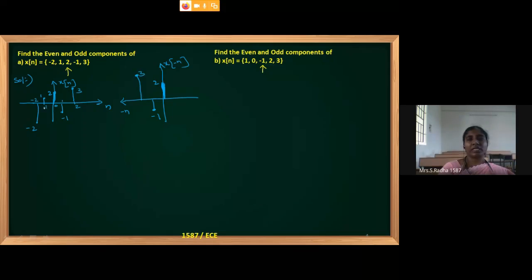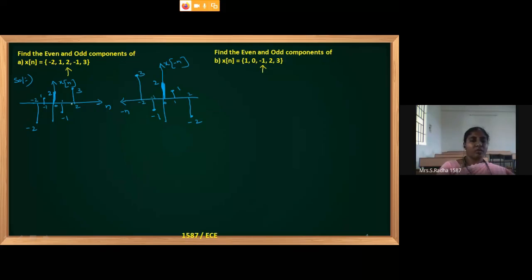Whatever was on the negative side goes to the positive side: it is plus 1 and then minus 2. This is origin, this is 1 and 2, this is minus 1, minus 2 on the x-axis. I have tried with another color, I think. Otherwise from the diagram you will understand what is going on.